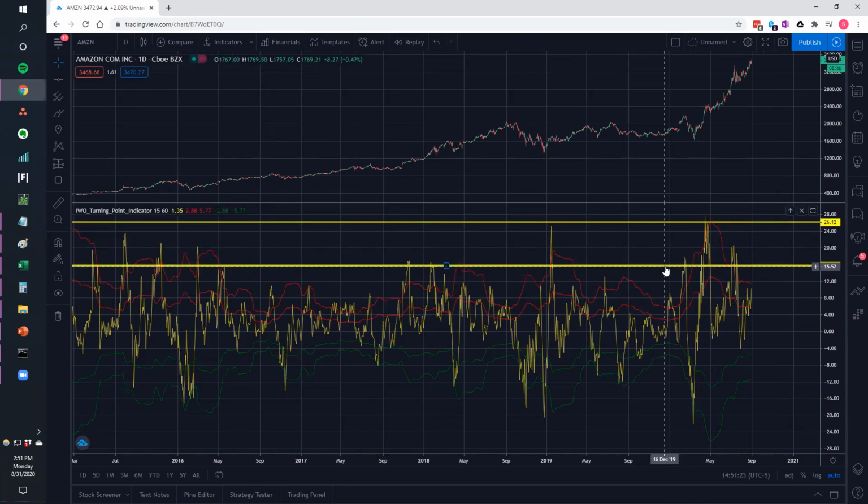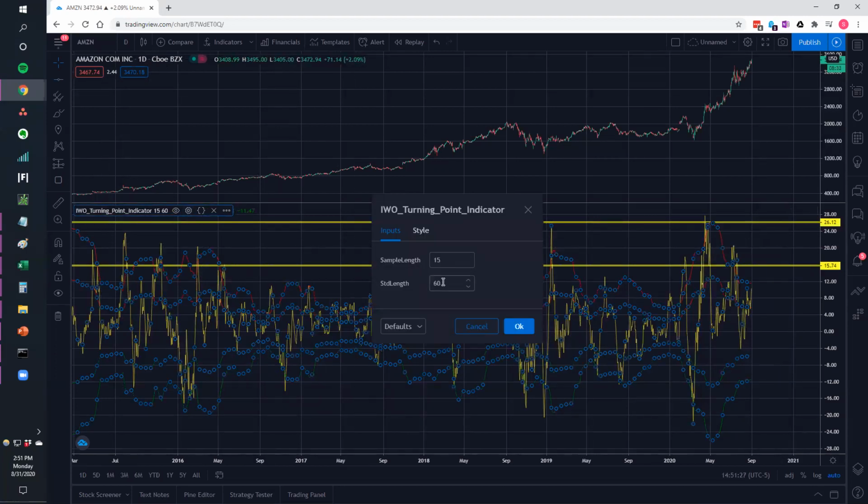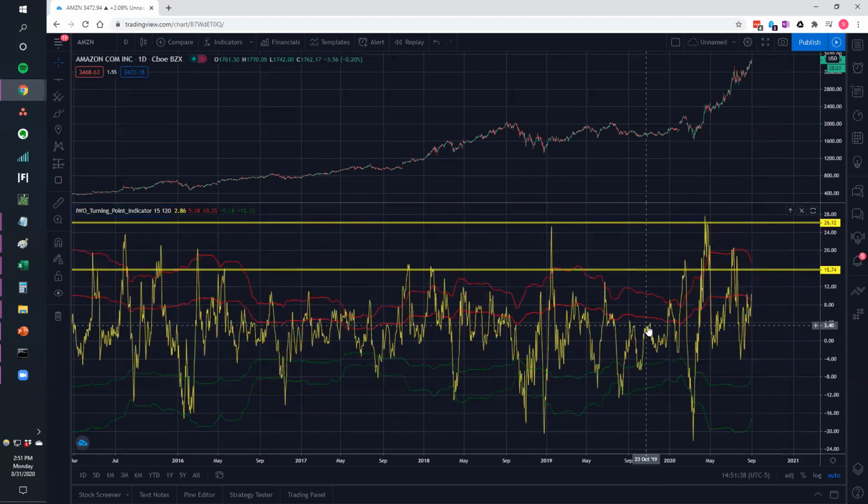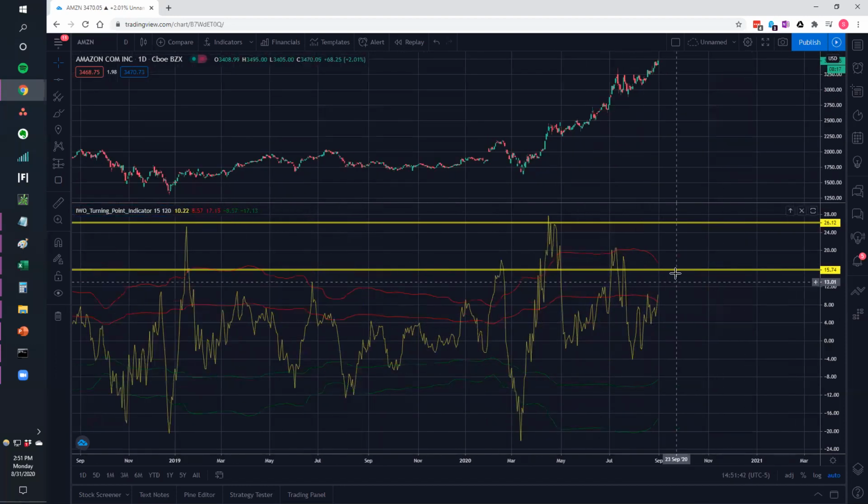If we wanted to be a little more statistically prudent, the way the TPI is initially set up, it's a sample length of 10, and then the standard deviation is over a 60-day window. You can increase that to about 120, and that should widen out your standard deviation. You can then look at the second standard deviation to the long side and to the short side to give you an idea of